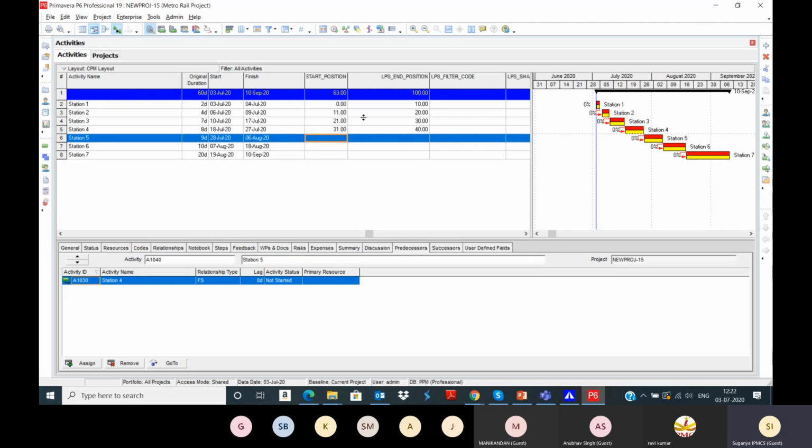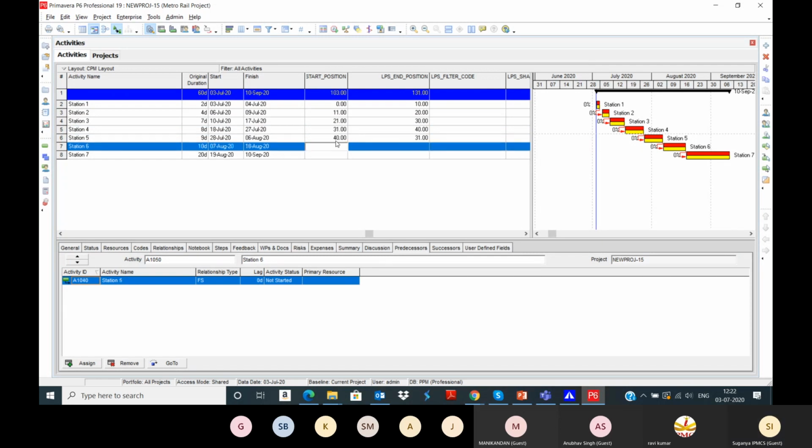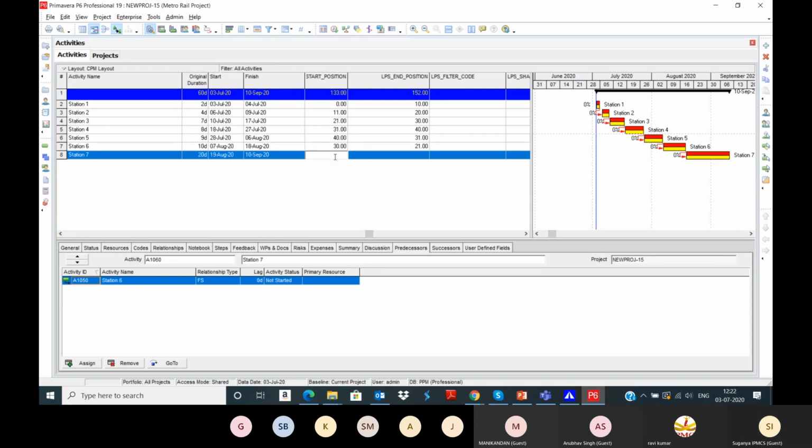I'm going to come with the reverse locations. So the start and end positions have been given.